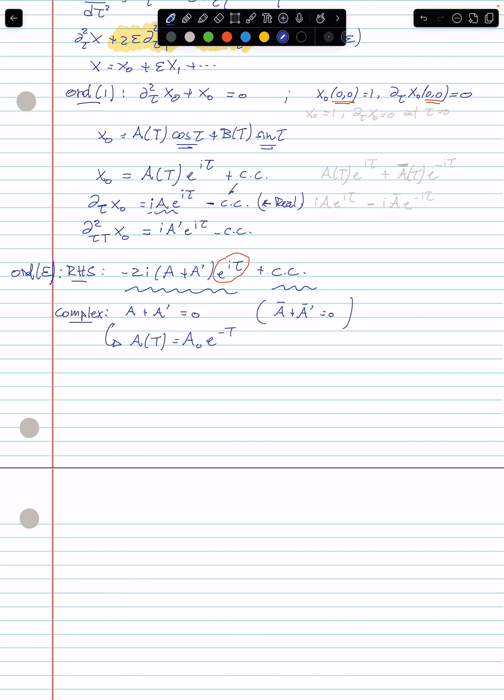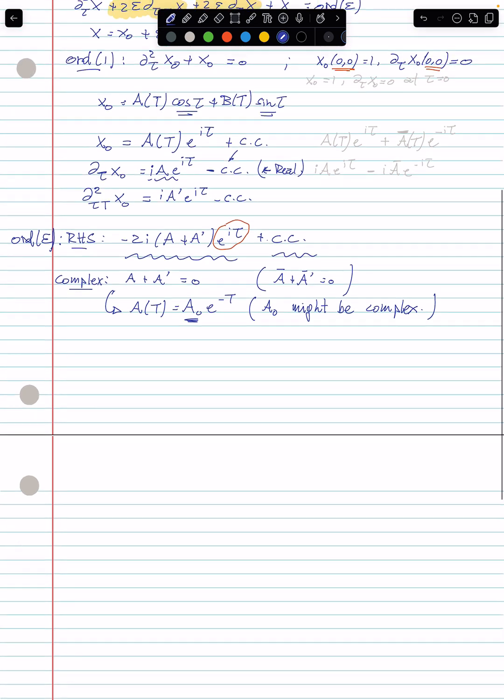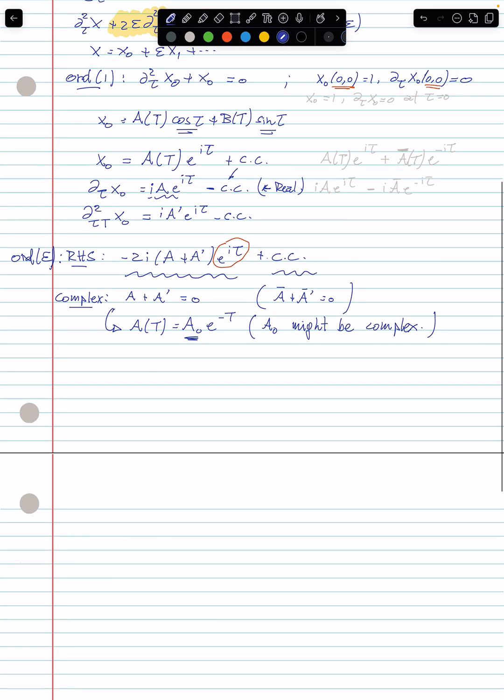Okay, that's the general solution. And of course, a0 might be complex in this approach. So let's have a look at the initial conditions to determine the value of this complex number. It is good that we have two initial conditions, one on the position, one on the velocity, and these two conditions will give access to the real and the imaginary part, or the norm and the phase of that complex number. All right, so if we use the initial conditions,